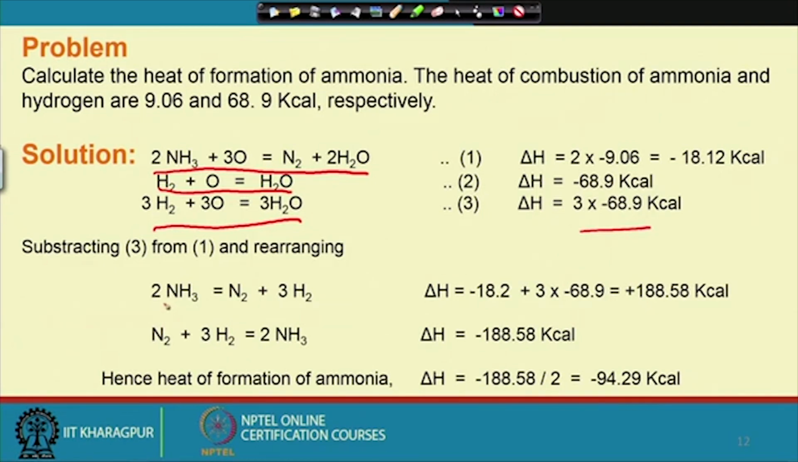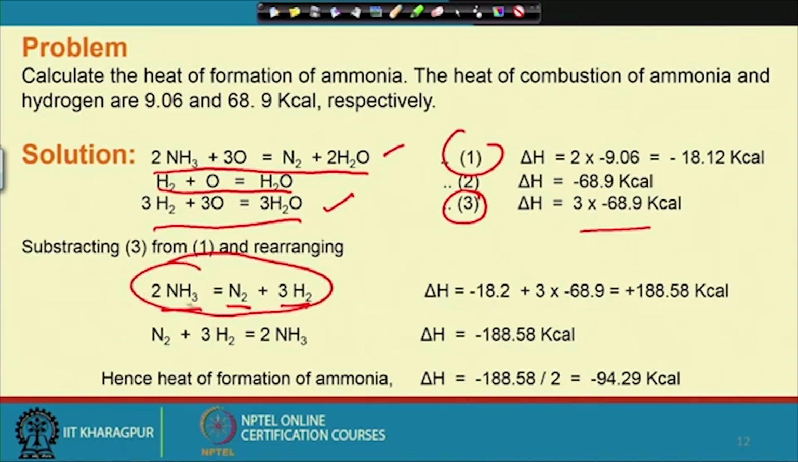Now, if you look at it, for 2 moles of ammonia we require 1 mole of nitrogen and 3 moles of hydrogen. The reaction is reversible. So, for this formation, if you subtract 3 from 1, we subtract this from this, then we will find this equation: 2 moles of ammonia degrading to nitrogen plus 3 moles of hydrogen. So, if you calculate from here, you will find this is plus